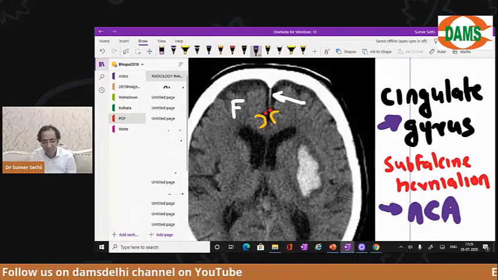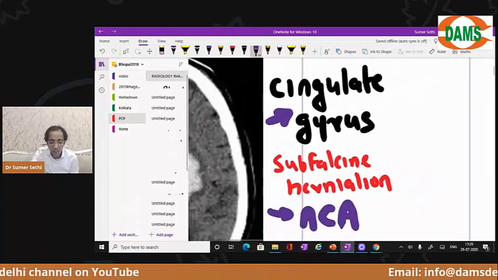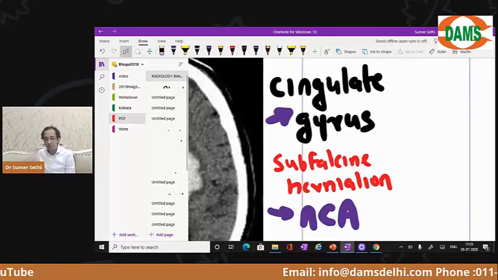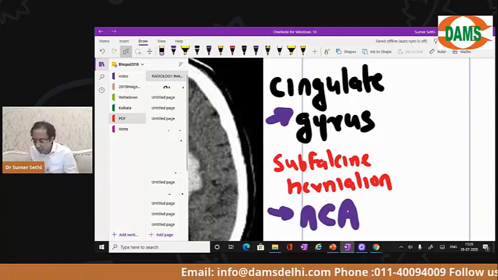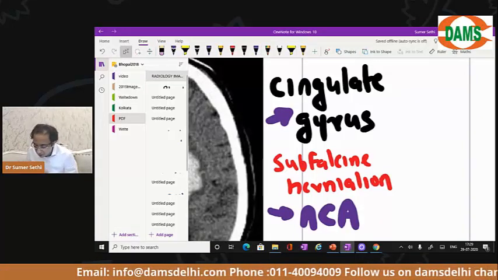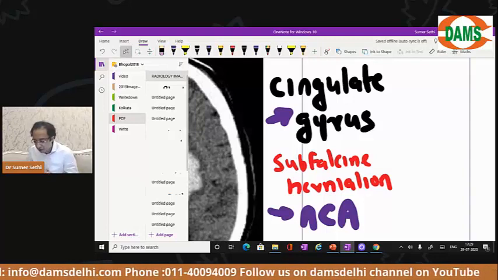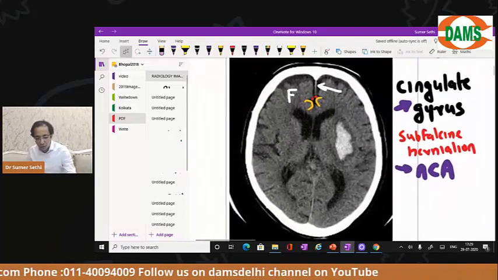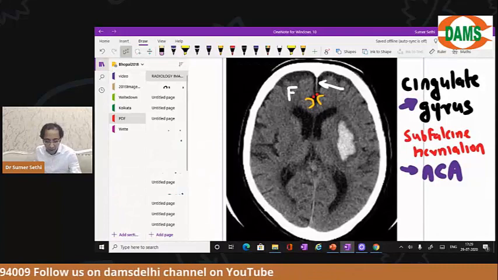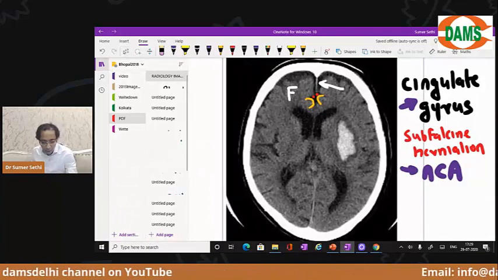But in subfalcine herniation, if the brain is herniating below the falx because of some disease, it is the cingulate gyrus which will herniate and it will compress the anterior cerebral artery. Very good, very intelligent students, brilliant. Children, look, okay? You can still see